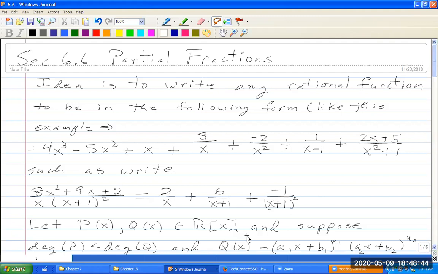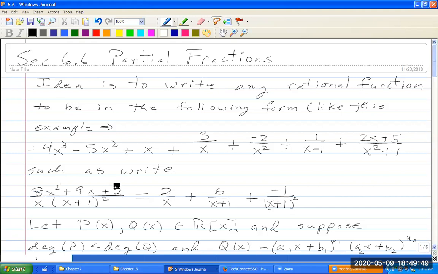So a form such as, well, maybe a polynomial plus something of the form some polynomial over another polynomial, where this polynomial is maybe a linear term, and this will be just a term that has degree less, meaning a constant over some linear term, or maybe a constant over the linear term squared, or again, a constant over this linear term plus a linear term over quadratic, plus maybe, so such as